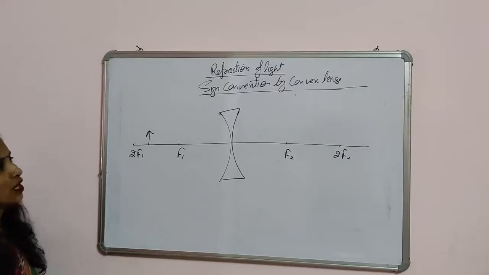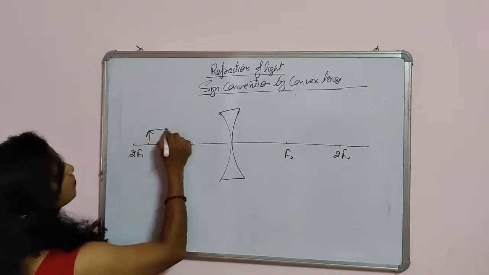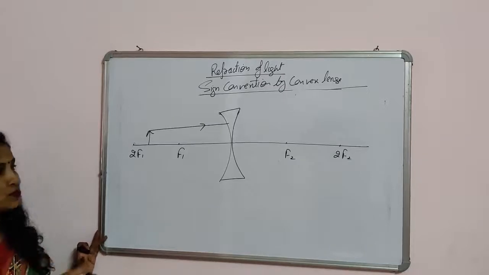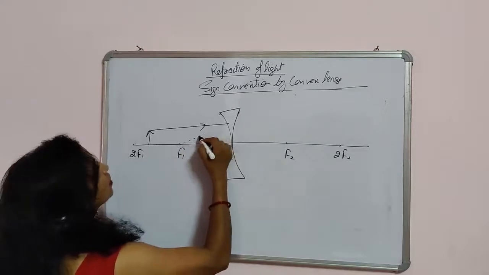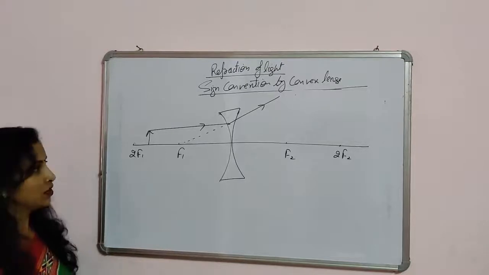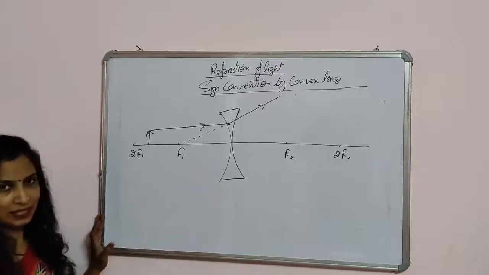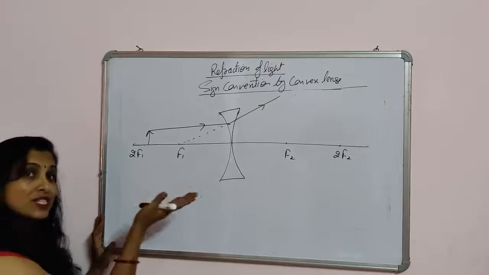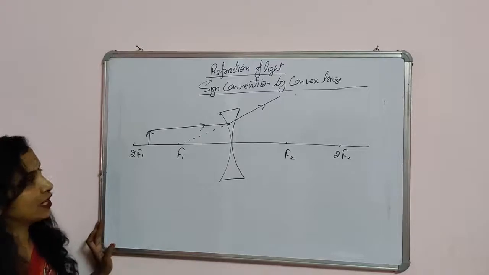So first, one ray will travel parallel to the principal axis and it will appear to diverge from the focus, the principal focus. So you will use this scale for obtaining the ray. So first, the ray which is coming parallel to the principal axis will appear to diverge from the focus of the lens. Again, in the case of a concave lens, you use this focus which is towards this side, and in a convex lens you use the focus which is towards that side, that is on the RHS.